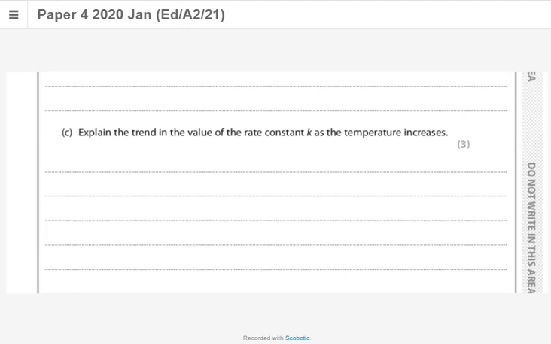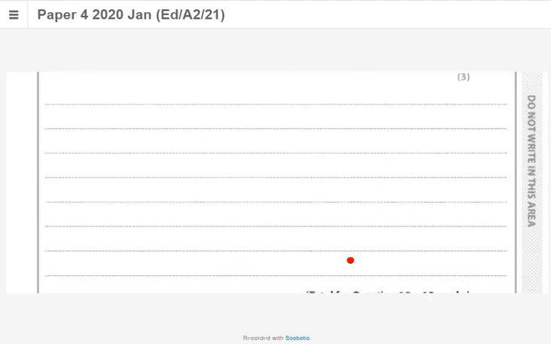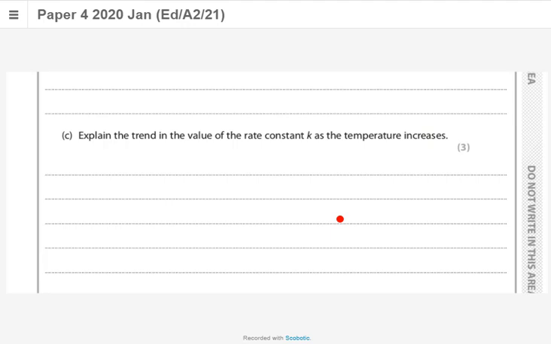So when the rate of the reaction increases, simultaneously the rate constant also increases. Whatever happens to the rate, the rate constant follows. If the rate increases, the rate constant also will increase. They are directly proportional. When the rate decreases, the rate constant decreases. Right? So you can write first, as the temperature increases,